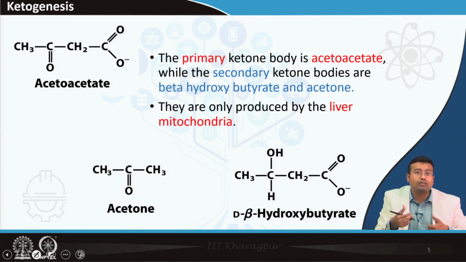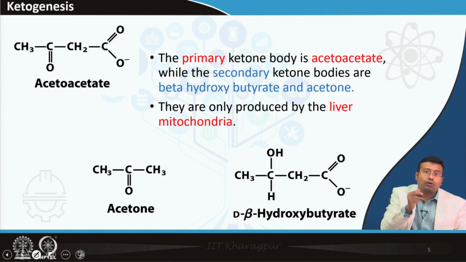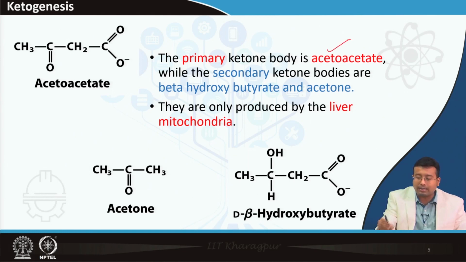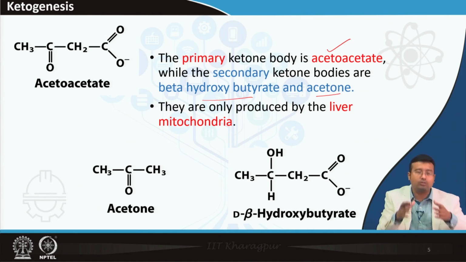If the examiner goes one step further and asks you what you mean by primary ketone body and what you mean by secondary ketone body, then you have to keep in mind the primary ketone body is acetoacetate and the secondary ketone bodies are beta hydroxybutyrate and acetone. Why? Because of their metabolic chain of production, I mean the sequence in which they are produced in the metabolic cycle